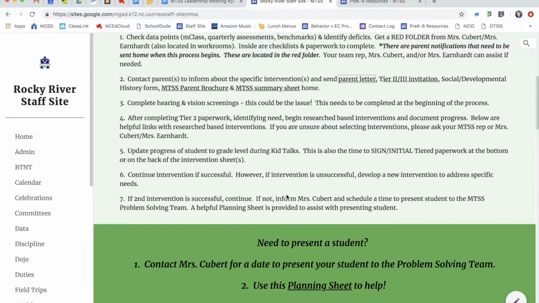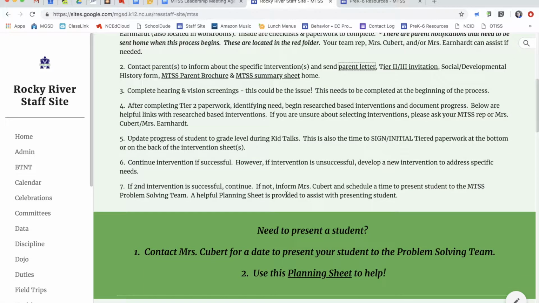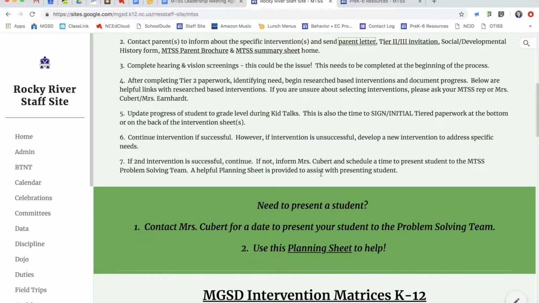Number 5 there talks about updating your grade level teams about how students are doing during kid talks. That's also a great time to sign the initial paperwork at the bottom of the tiered intervention sheets. Number 6 there talks about continuing the intervention if it's successful. If it's not successful, it's important to develop a new intervention and try that. Typically, interventions run for about 4 to 6 weeks. That's the typical time frame. Number 7 says if a second intervention is successful, then continue that. If not, you can let me know